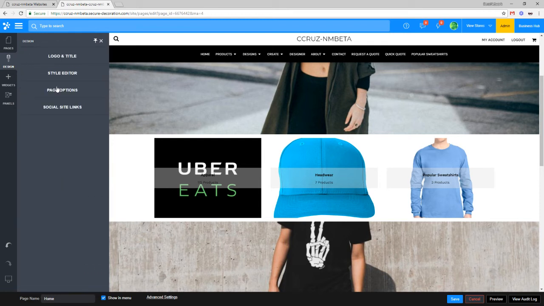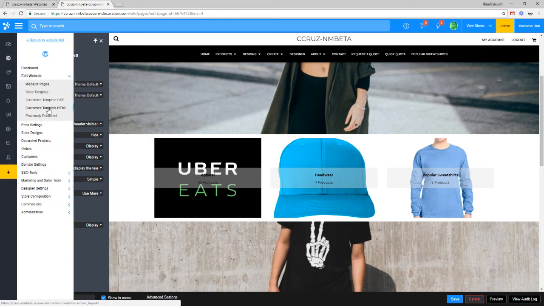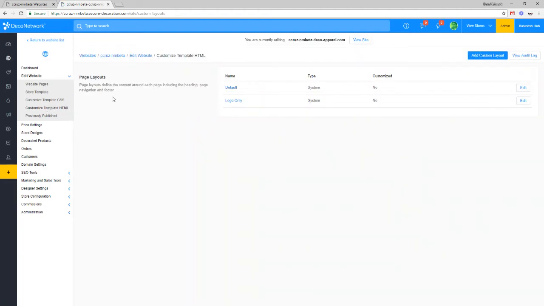While we wait for clarification on that from Mark, let's take a look at page options. I guess the tip here is within the page editor, there's quite a bit of customization that you can make in terms of what options you want on, whether you want the currency selector, the phone number. We did get a question recently from a customer who was changing these options, and the change wasn't applying back onto their site. So one of the things you have to keep in mind is once you've gone in and